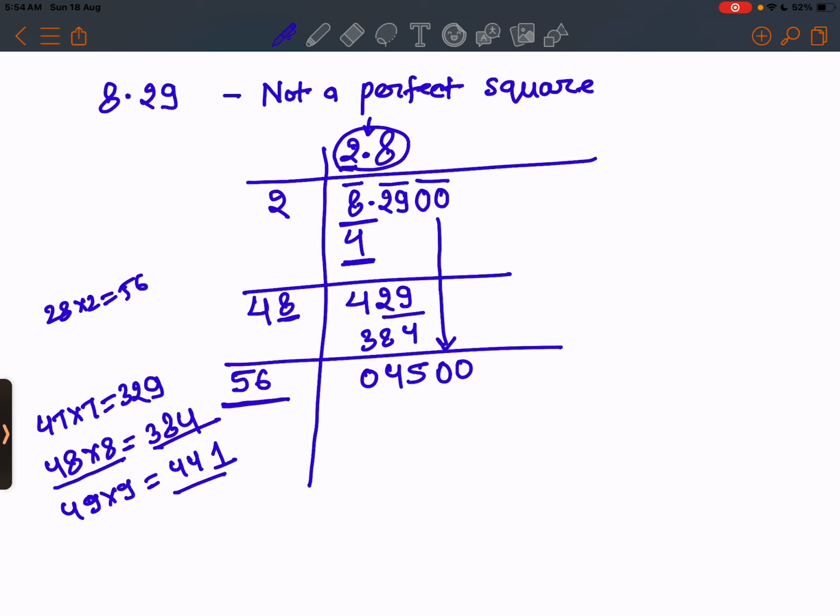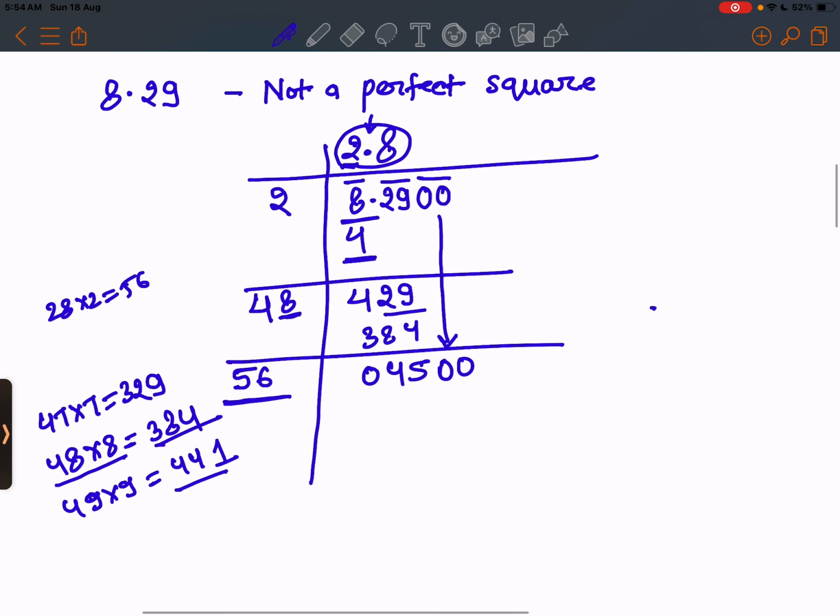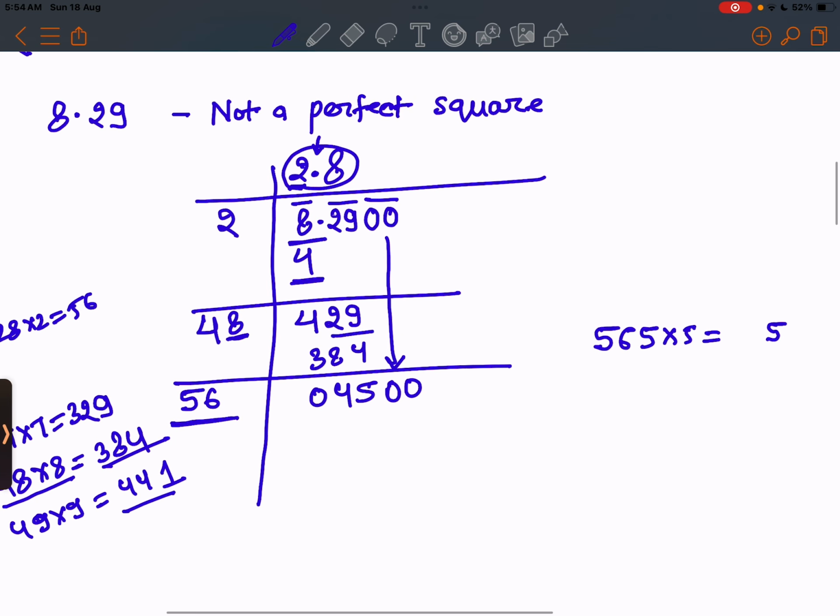So now we have to think. Just consider 565 into 5 equal to 5 5 is 25, 5 6 is 30 plus 2 is 32, 5 5 is 25, 2825. Okay,